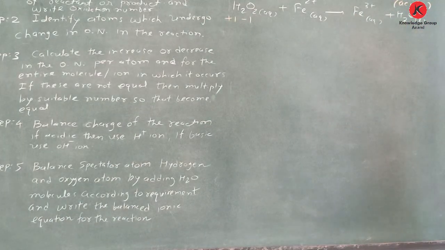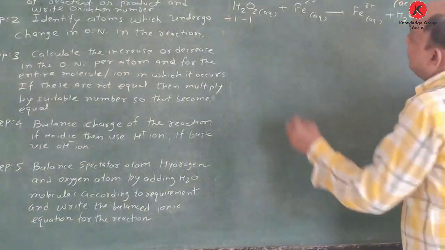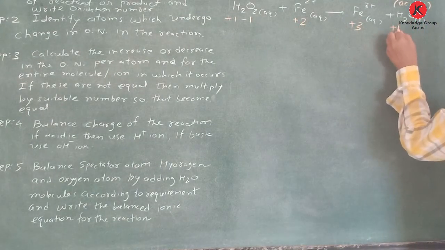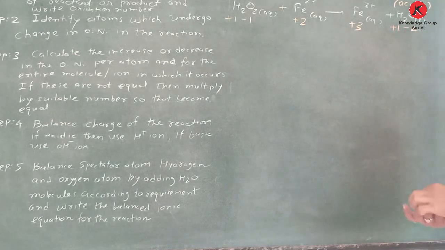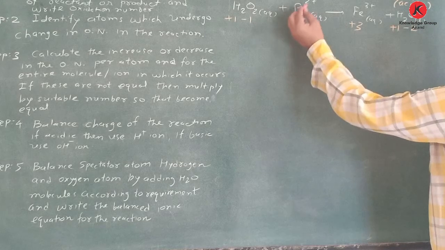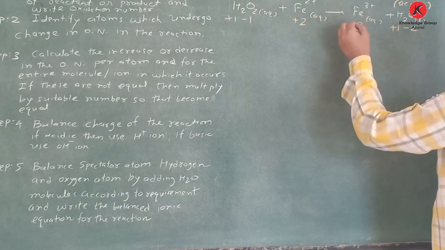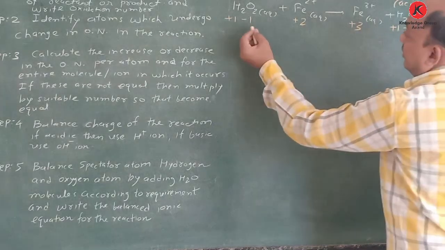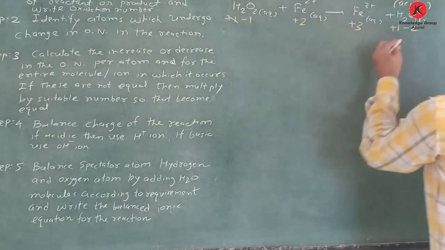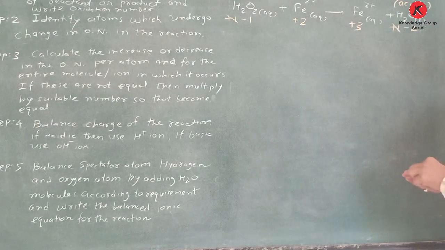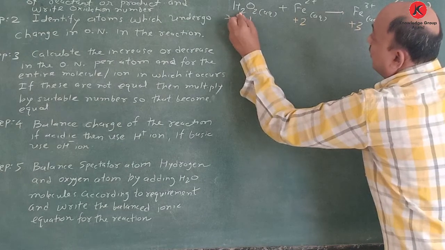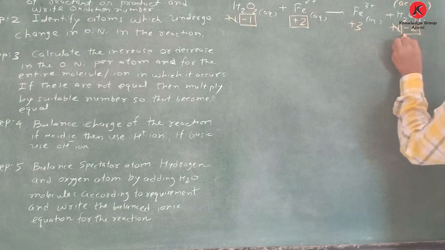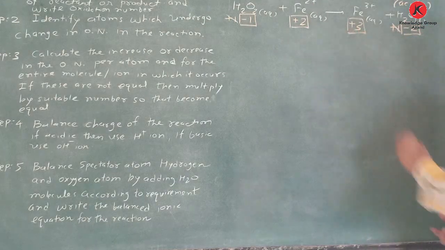Here you see this oxygen is not a spectator atom. Its oxidation number is changed. Here plus 2, here plus 3, here plus 1, and oxygen minus 2. You see rule number 2: charge is the oxidation number, here also charge is the oxidation number. So you have to consider the one which does not change. You see, plus 1 and here plus 1 do not change. So we put a box on minus 1 and here minus 2, plus 2 and here plus 3.